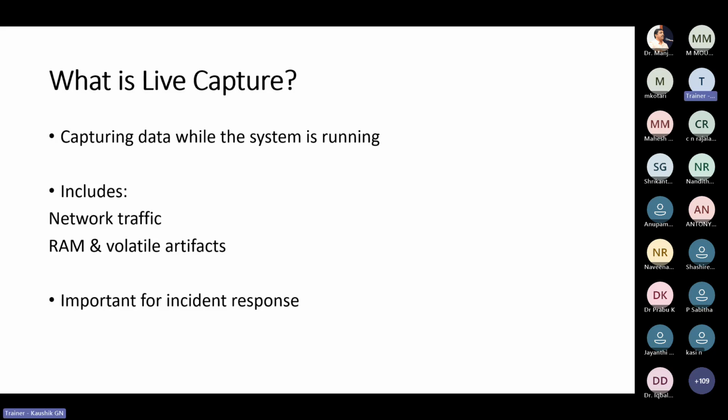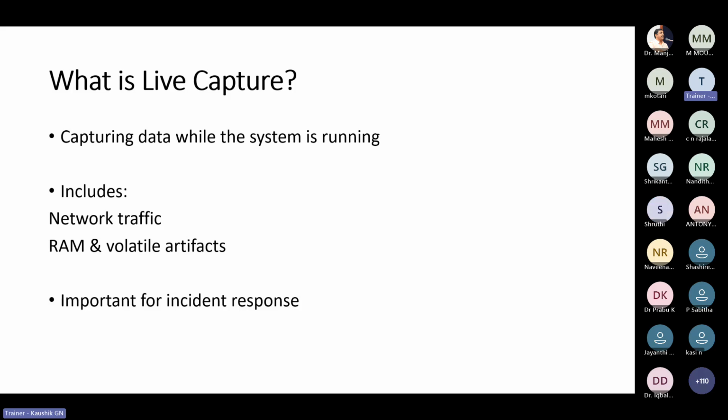Basically, we have two types of memories, volatile and non-volatile. In volatile memory, whenever the power goes off, it may be the electric connection to the desktop computer or the battery backup of my laptop, it goes down, then the entire information will be wiped out. That is called volatile memory, which plays a very important role.